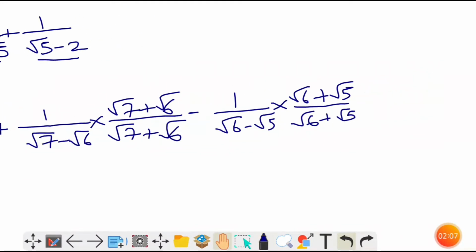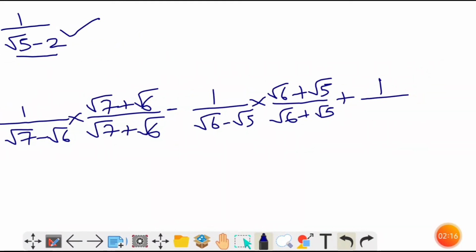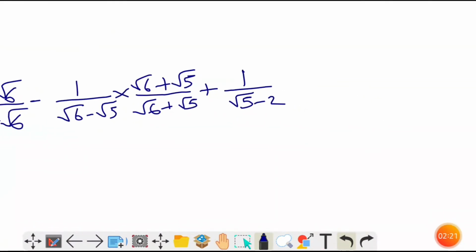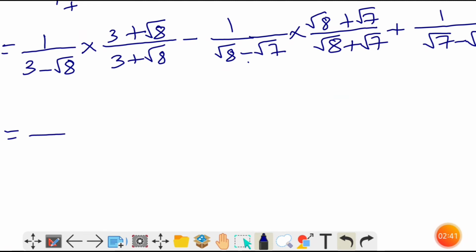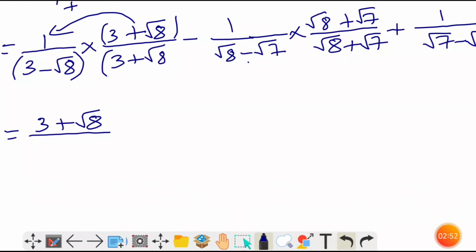Now the last number is plus 1 by root 5 minus 2. Rationalizing factor will be into root 5 plus 2 by root 5 plus 2. So in this way we'll rationalize all the numbers and solve it. Here 3 plus root 8 into 1 will be 3 plus root 8, and in the denominator we have a minus b into a plus b, that is a square minus b square. A is 3, 3 square minus root 8 whole square,